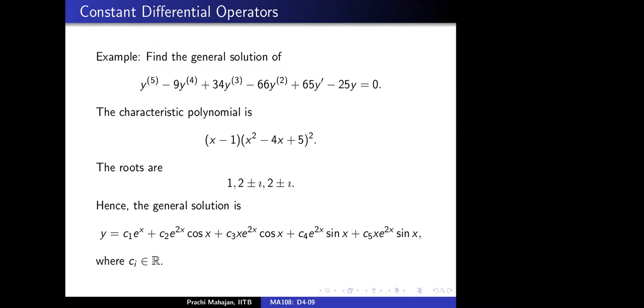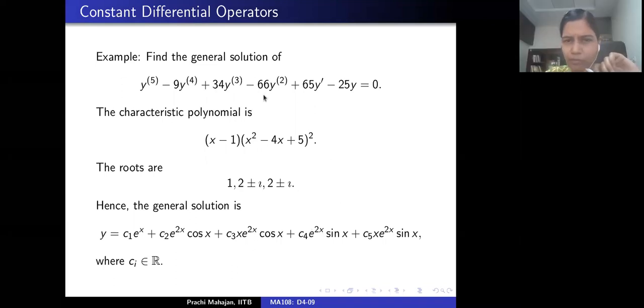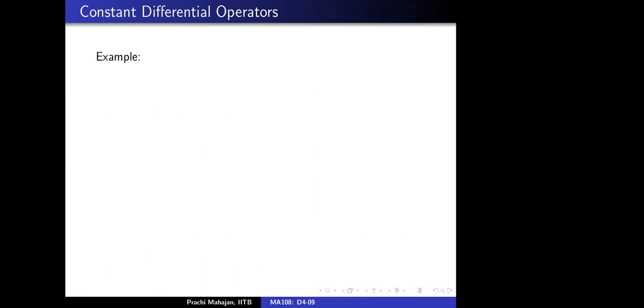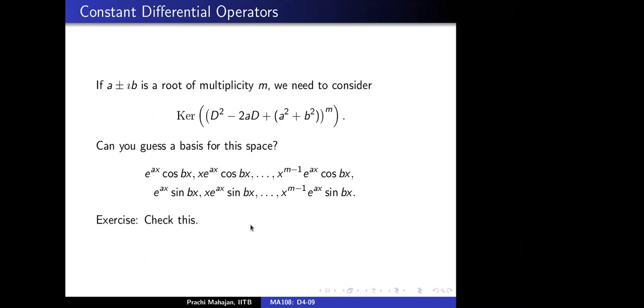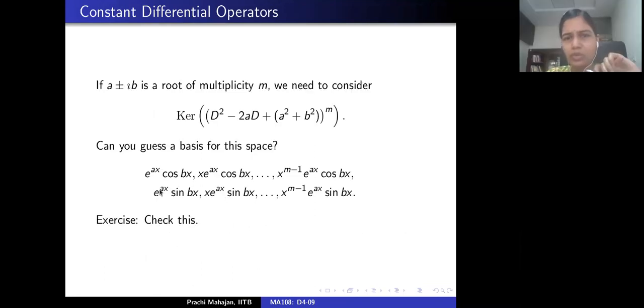Ma'am, you always are emphasizing that we need to check whether the solutions that we are getting are linearly independent or not. So how do we check them exactly? By the Wronskian? Yes, if you have found the solutions, you can use the Wronskian. Once you've checked that these are solutions, then you can use the Wronskian. That is one way, or you just use the definition. All I'm trying to say is I skipped this exercise, I did not do this here. This is something for you to do. Once you've checked this, then all of this is sort of a corollary.